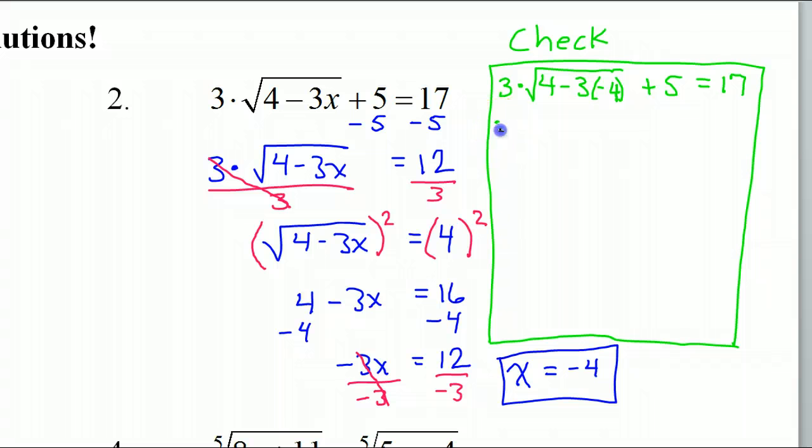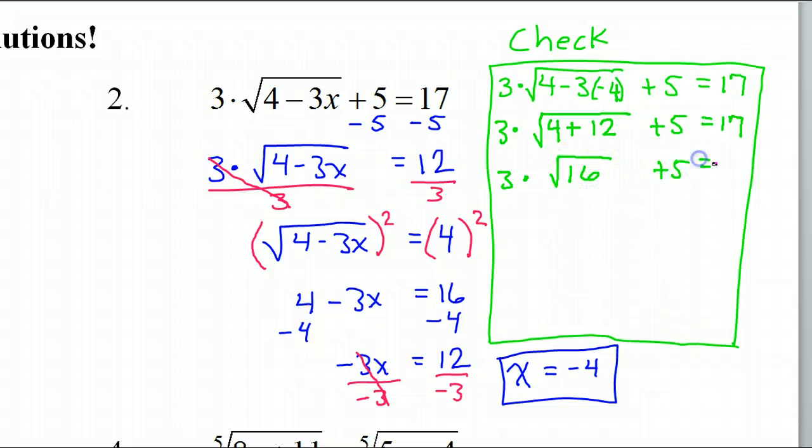Okay, so that'll give me 3 times the square root of 4 plus 12. Negative 3 times negative 4 is positive 12, so I'll get a plus 12 there. Plus 5 is equal to 17. So this will give me 3 times the square root of 16, which will give me 3 times 4